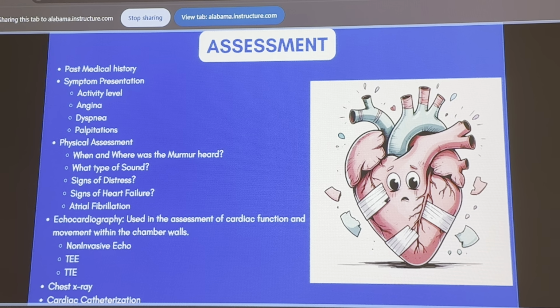Other things, what about some type of congenital abnormality that they didn't get corrected? Maybe other family members had some type of congenital heart defect that they got corrected, but they never knew that it was in their kid. And now that they've grown up, they have some type of valvular damage of some sort. Okay. Are they an IV drug user? That could play a huge role into it. Maybe I start to have that vegetation around those leaflets, those valves, not allowing for those valves